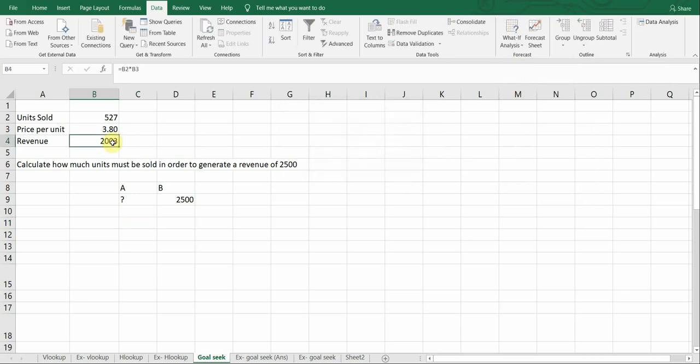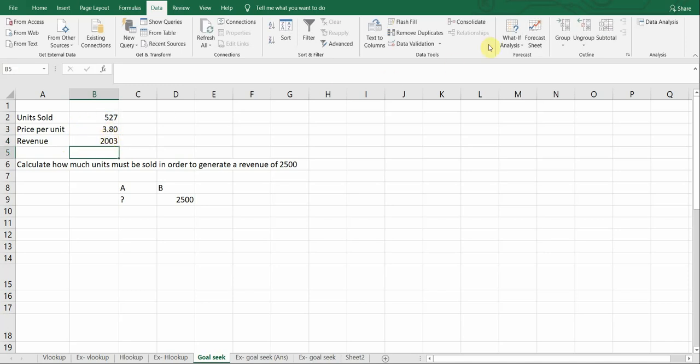If you see over here for revenue, we have entered a formula which is nothing but units sold into price per unit. So revenue is calculated by multiplying both units sold and price per unit, and we are getting